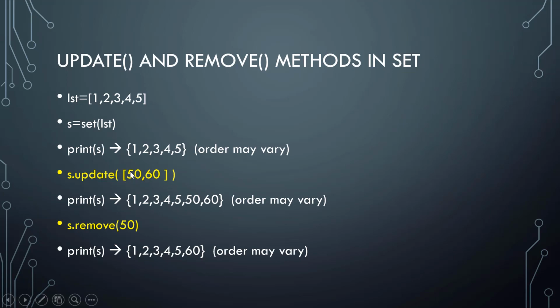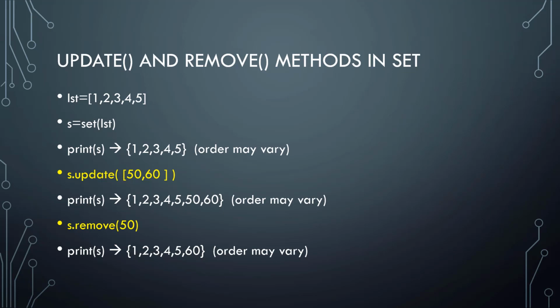For updating a set, we have a built-in method that you can make use of. Then s.remove of 50. Even though I don't know where it is positioned, I can still remove 50 from here using the remove method. So updating and removing are built-in functions available with the set. This is also an important point we need to remember. So let's create a list now. We'll see the same example, update and then remove as well. Go to the next example, a 32 Python file. We'll stop with this example. Demo 32, underscore set demo 2.